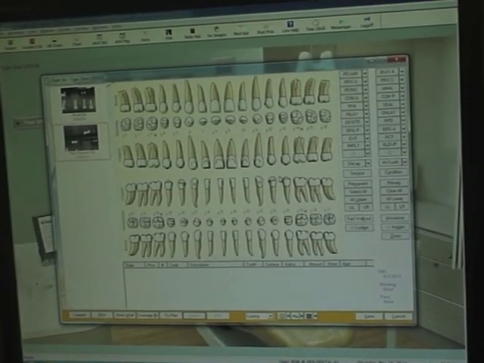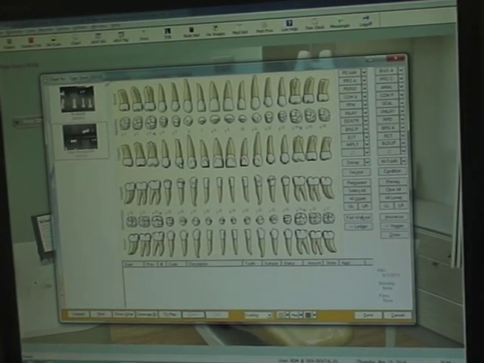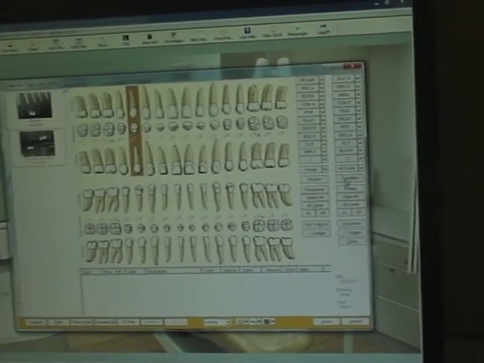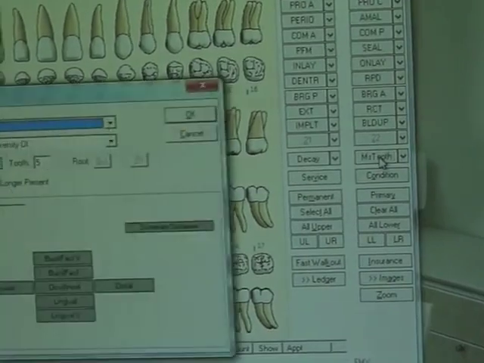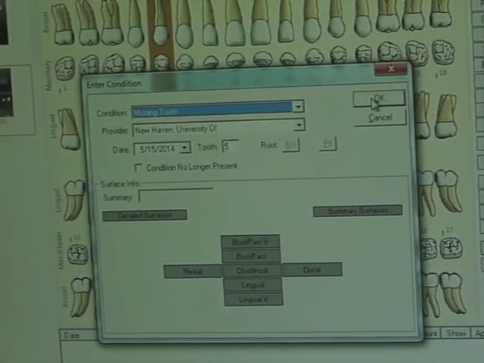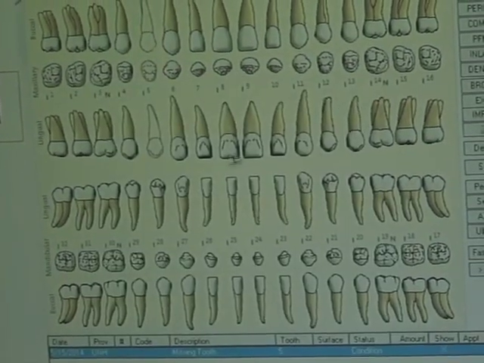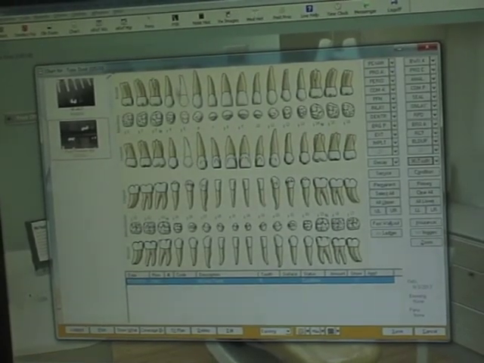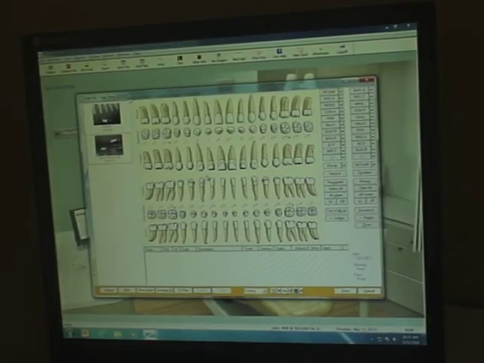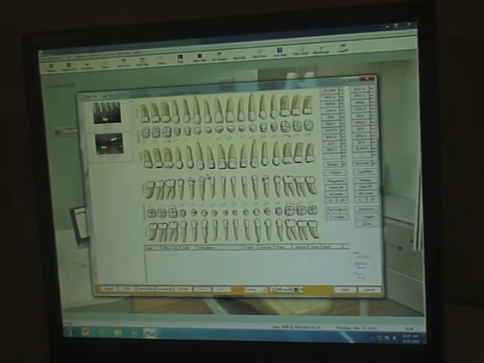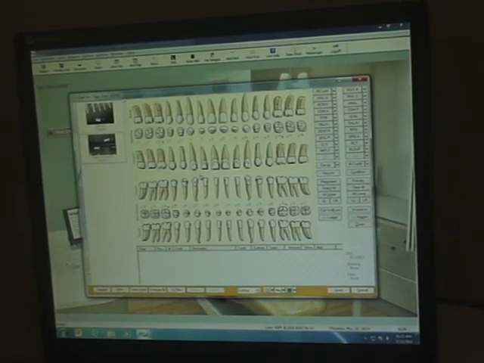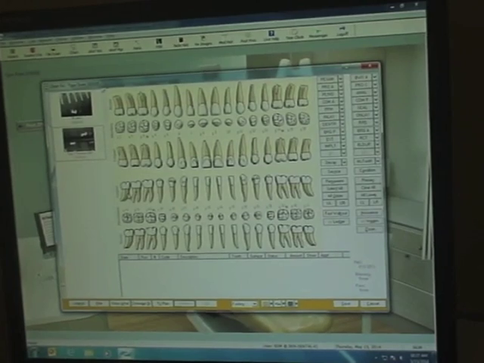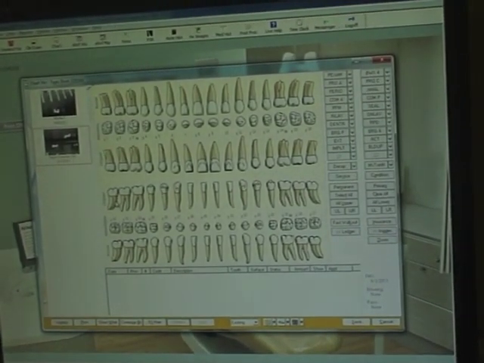If there is a tooth missing, select the tooth, go over to the MST tooth button, click OK, and it will become invisible. If the patient has a full denture, you will have to state if the teeth are missing or extracted prior